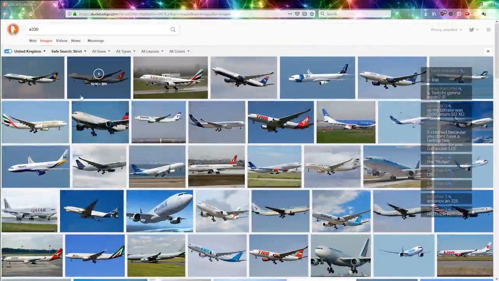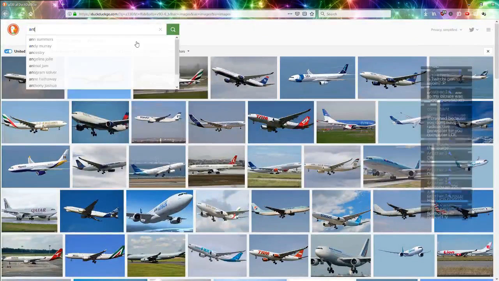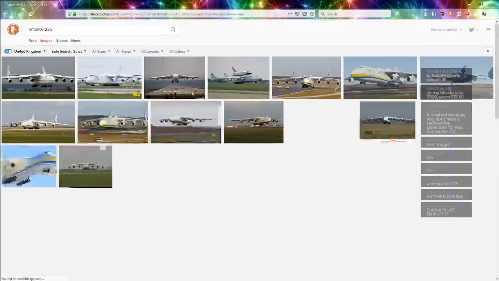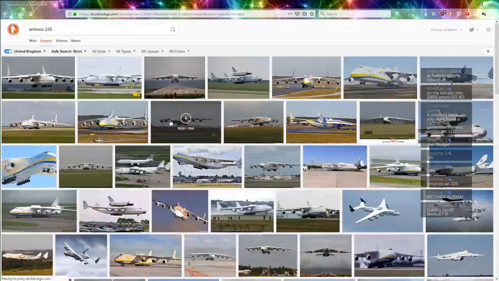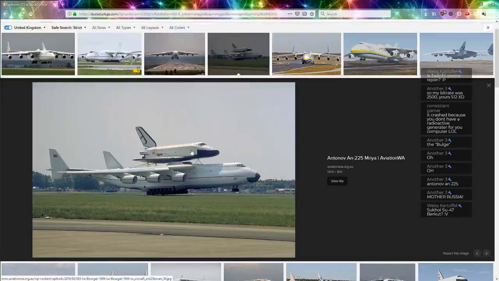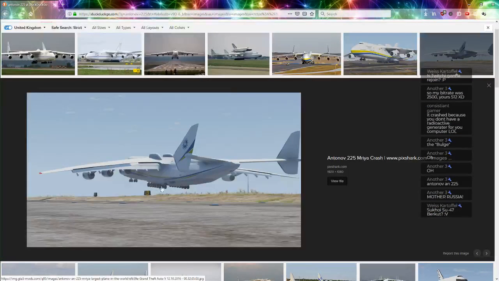Antonov AN2. Okay, let's try it. Antonov. Oh look, it's right there. Oh, that is a beast. It's one of these ones. Okay, all right, yeah, no, that's cool. I love this like line of landing gear. I'm fairly sure I've seen this type of plane many times before, and we've got some from